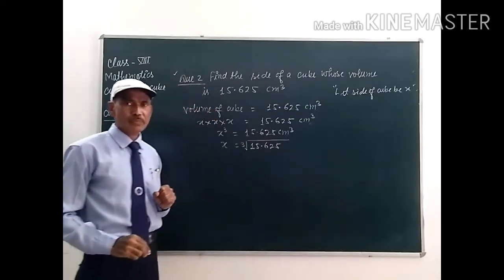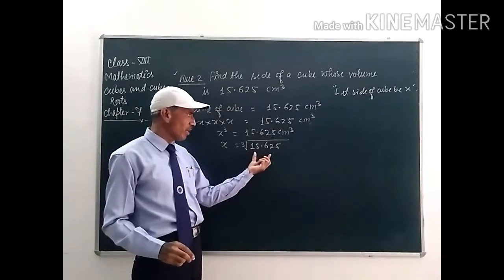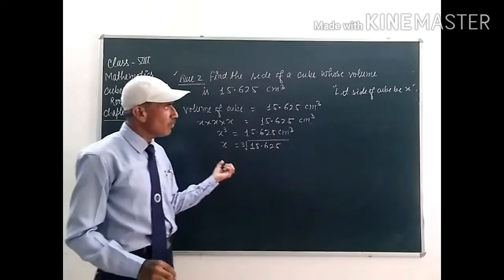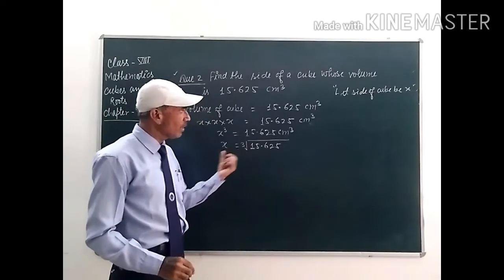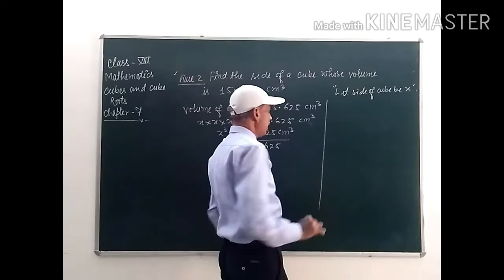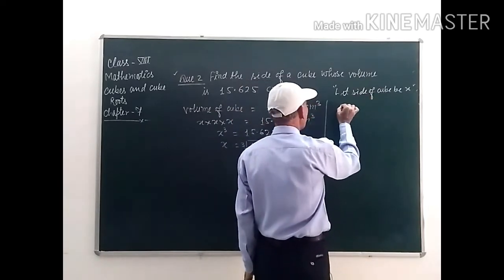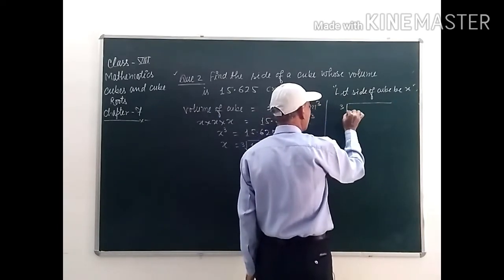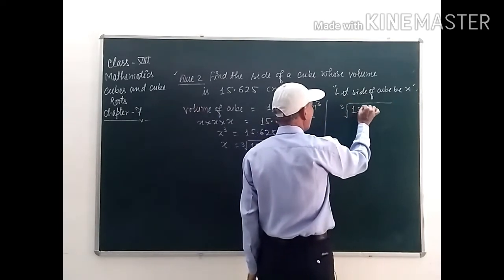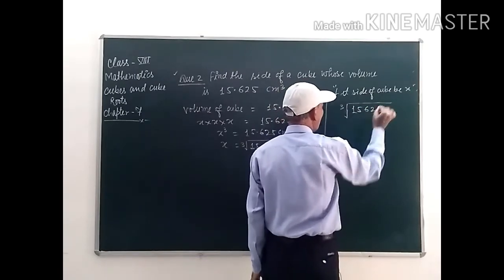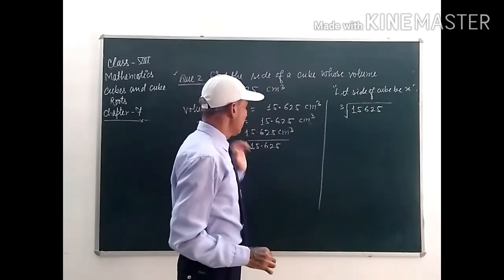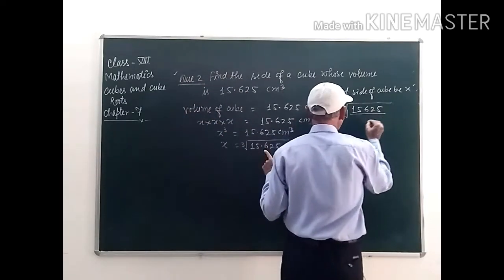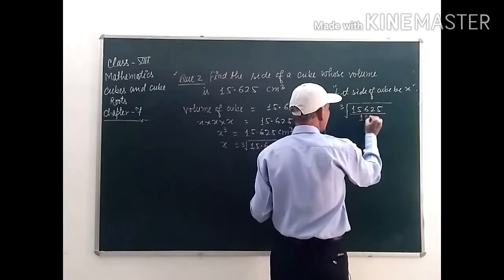Okay students, now you are going to find out the cube root of a number that is a decimal number. How will you find the cube root of this number? Write this number like this: cube root of 15625, decimal 1 2 3. So write the denominator of this number as 1000.